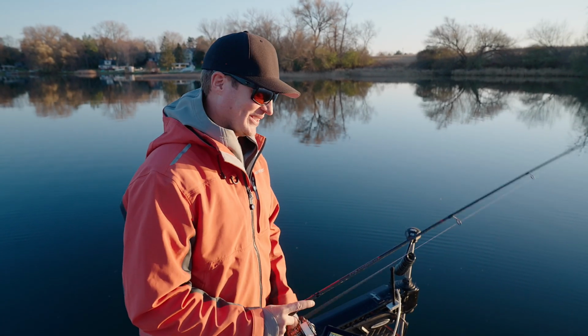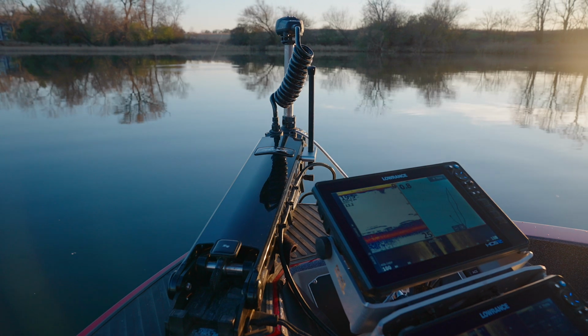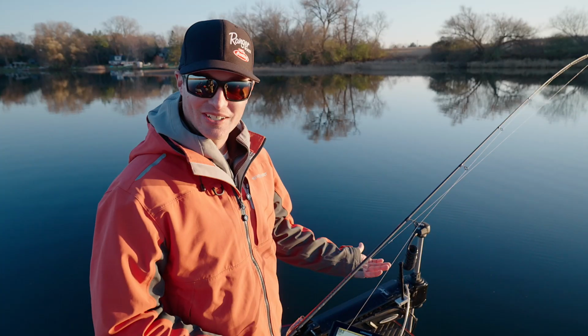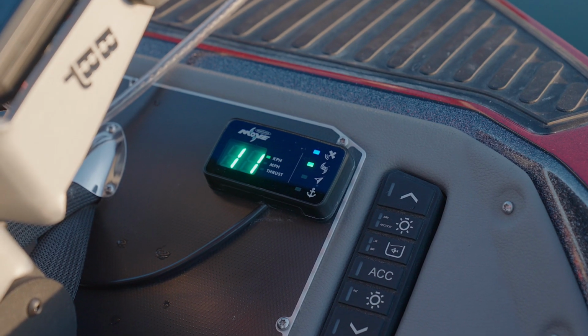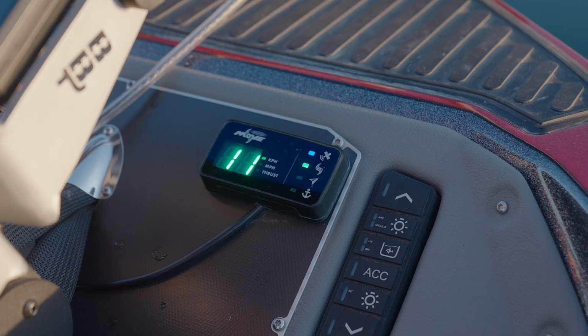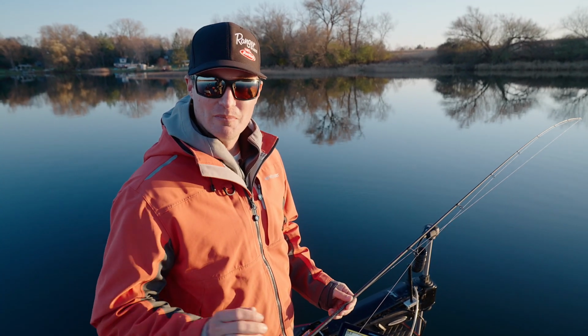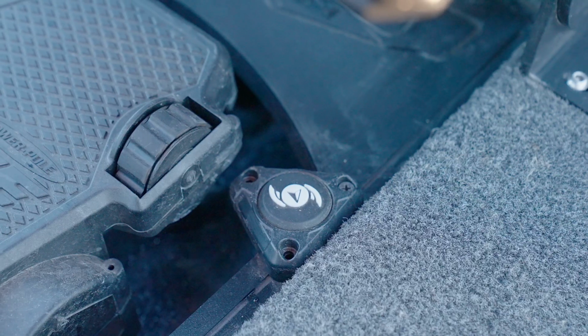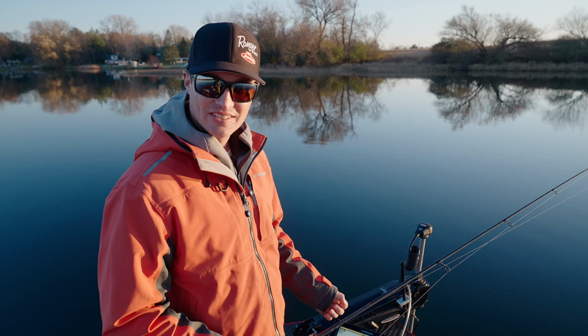So one thing I was really excited to finally hit the market this year is a new Power-Pole trolling motor. There's just a lot of things you can do to customize it. There's a digital readout screen for your power. It shows you if it has GPS satellites, if it's in anchor mode, and all the features that it has. And then you can put multiple in the boat if you want one in the front, back, or wherever you might want it. It has these buttons for your anchor mode and your heading lock and your constant